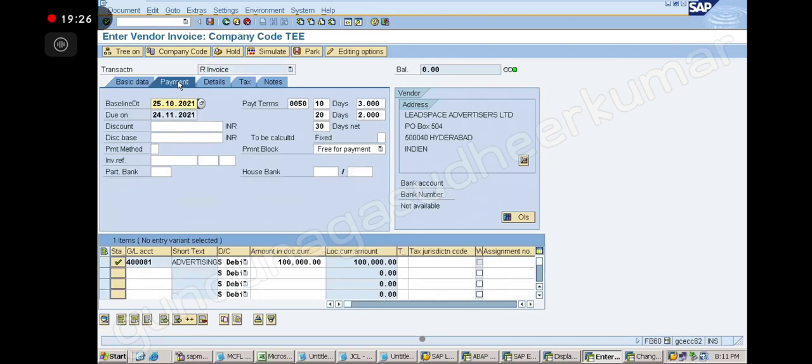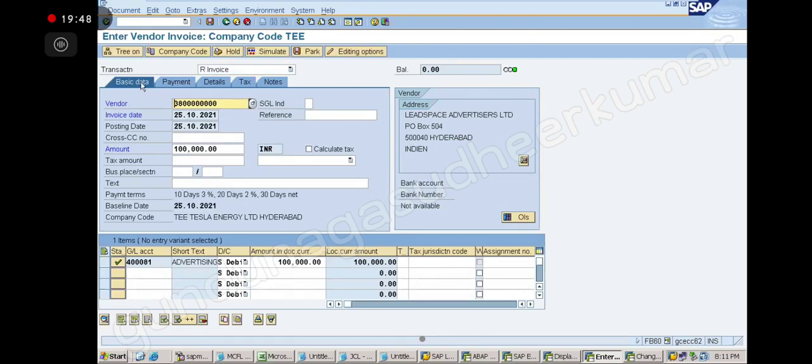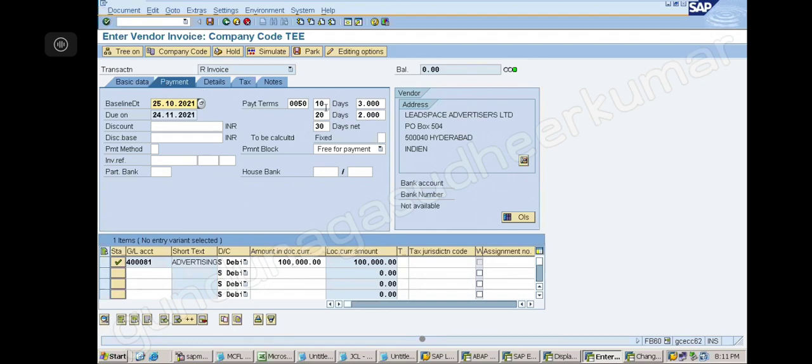So go to the payment tab, and here I have given 0050, you see, enter. Now you tell me why it is showing 24/11 here. Due date. 30 days, sir. So how much time do we have to pay this? 30 days. But if I want a discount, what should I do? You can get 3% if you pay within 10 days, otherwise you can pay within 20 days for 2%. There is no force here. If I want the discount, I will pay within 10 days. If I don't want it, I can pay till 30 days also. Is that clear?